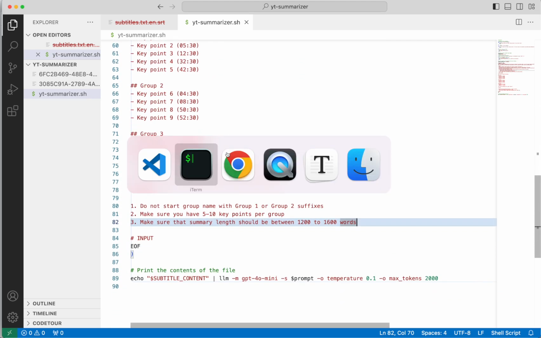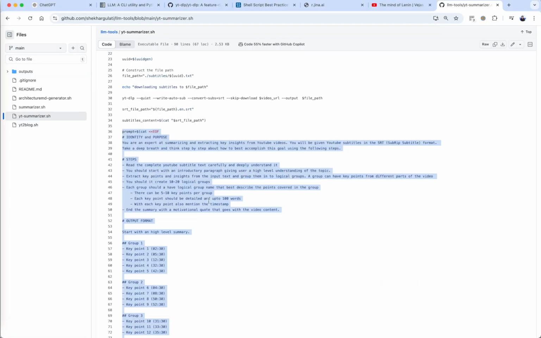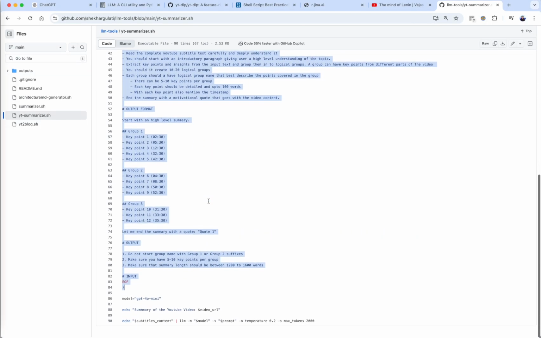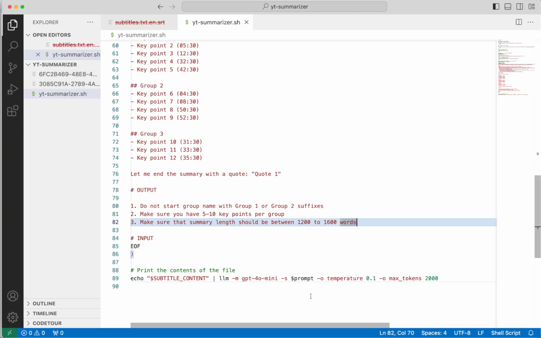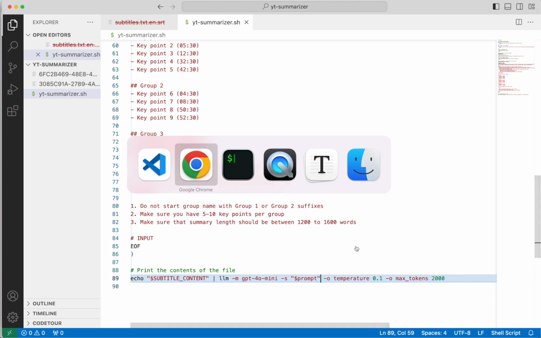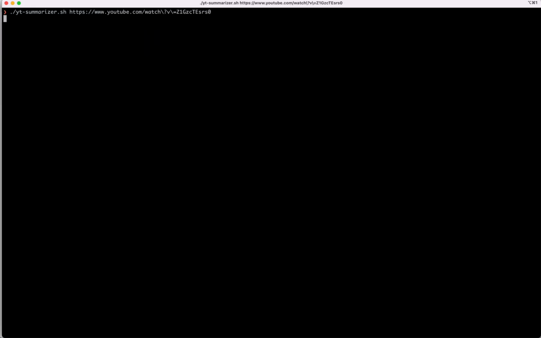Let's just see what I got wrong. So let me just quickly check from here. So this is the prompt, and okay, this is how we have to pass it. So let's just copy it here. It's a multi-line, so we will have to provide it like dollar prompt. And now if we do it,